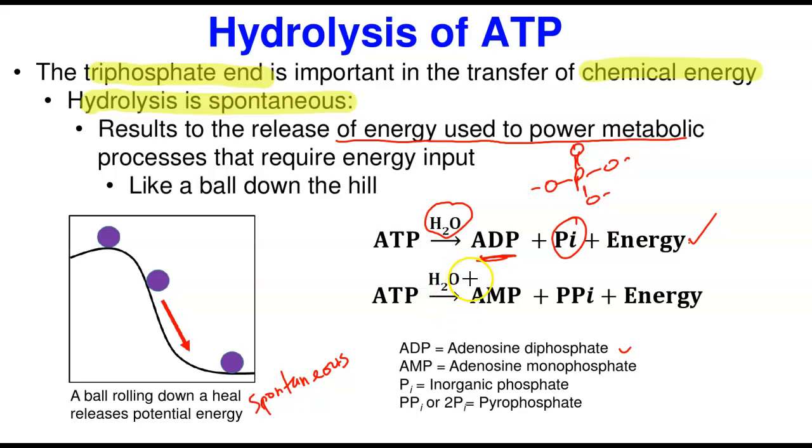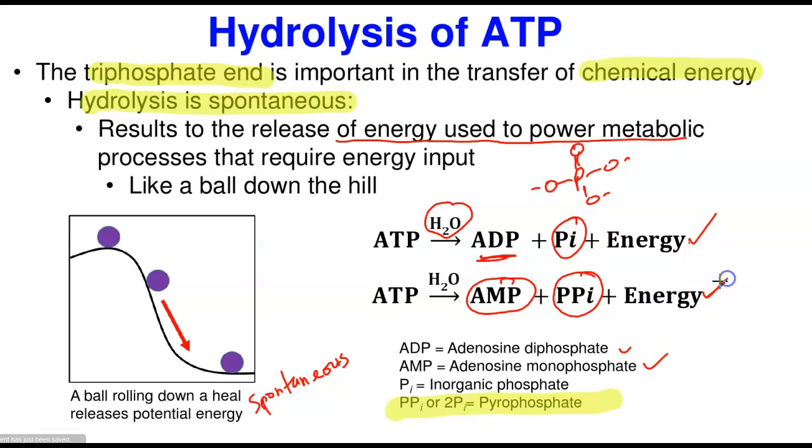Now, secondly, if ATP loses two phosphate groups, the two phosphate groups are usually combined together to form the pyrophosphate. This is the pyrophosphate, which simply means two phosphate groups that are connected to each other. You either write it PPi or 2Pi, the pyrophosphate. So when the pyrophosphate is lost, you only have one phosphate group remaining, therefore forming the AMP. AMP simply means adenosine monophosphate.